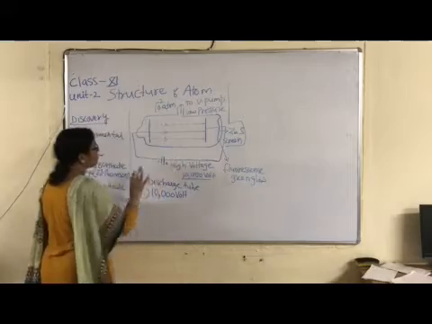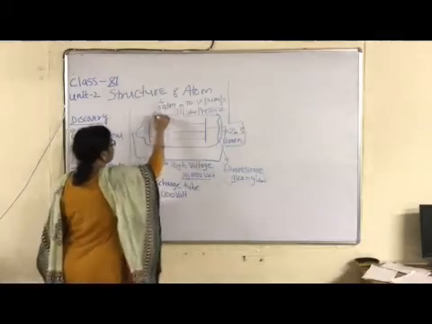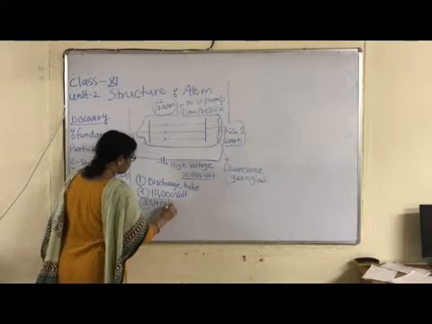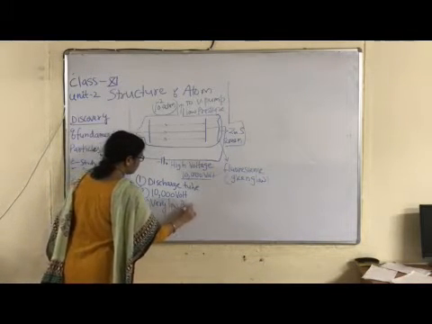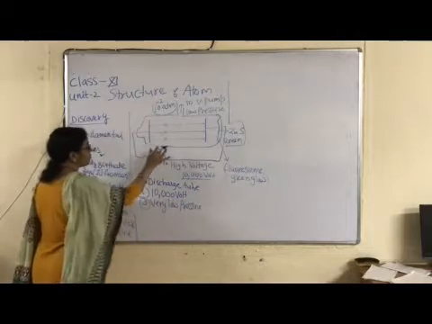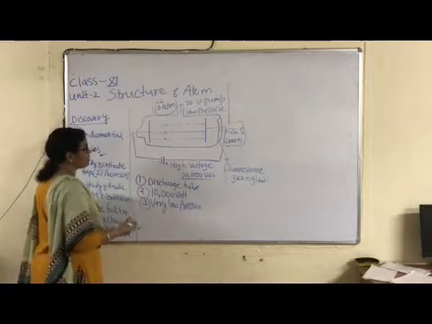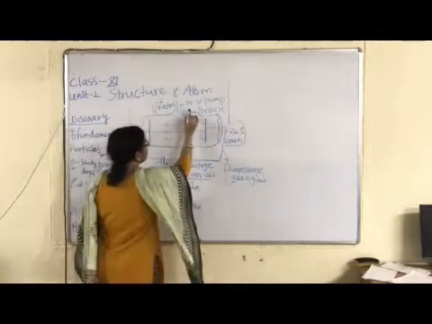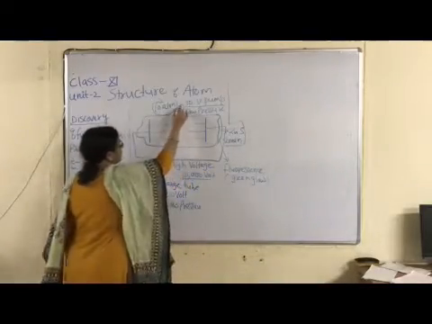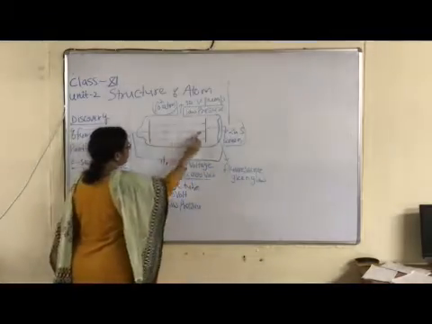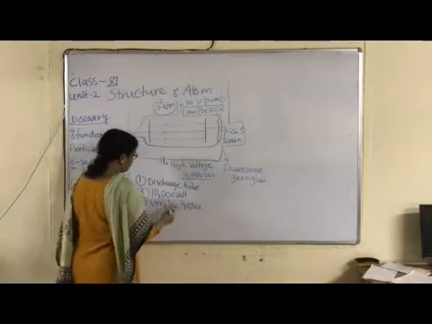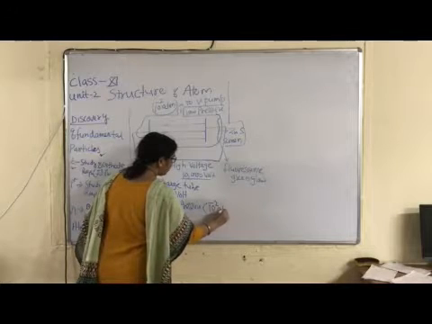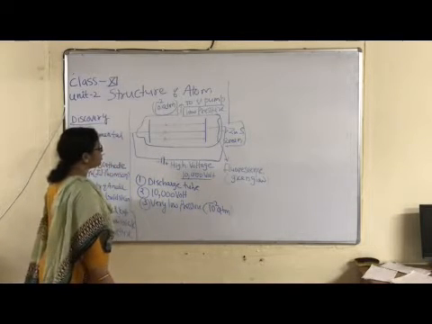Now the second requirement for this experiment is very low pressure. When the gas present in this discharge tube is evacuated, it means the extra amount of gas is removed with the help of a vacuum pump. Then a small amount of gas is left between the two electrodes, at a pressure of 10 raised to power minus 2 atmosphere. The unit of pressure is atmosphere.